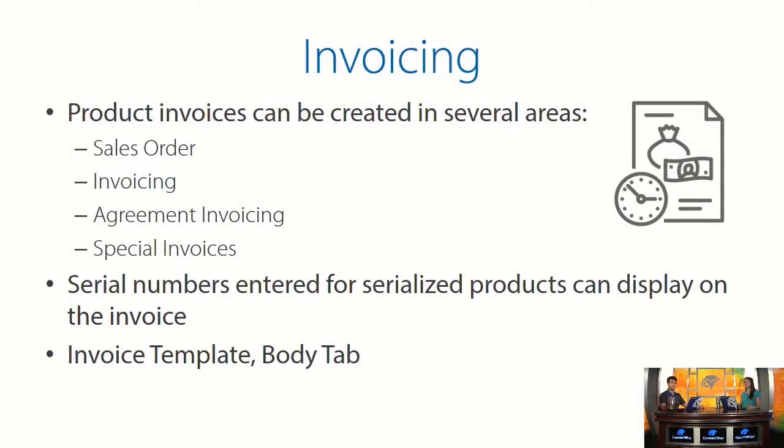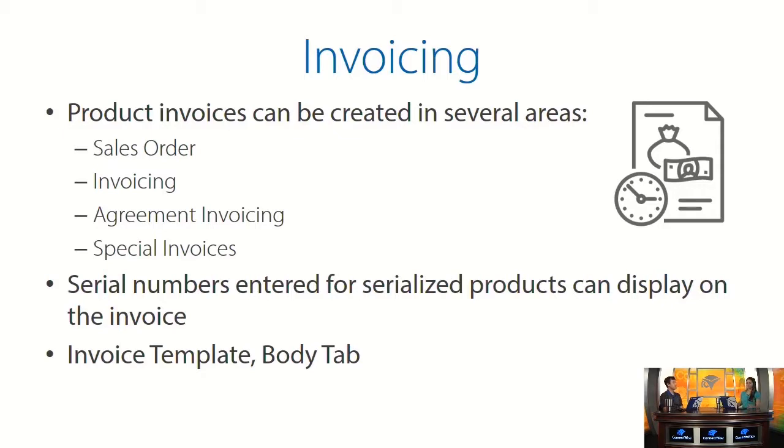You can invoice for products within Manage in several areas. The first of which we showed, which is that initial sales order. If you're converting from an opportunity, you can generate an invoice directly from the sales order to bill for those products even before you've ordered them from your vendor. Or you could wait. If you wait and want to bill for them after the project or the service ticket's been completed, that's when those items are going to flow into invoicing